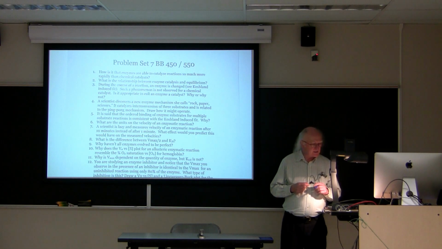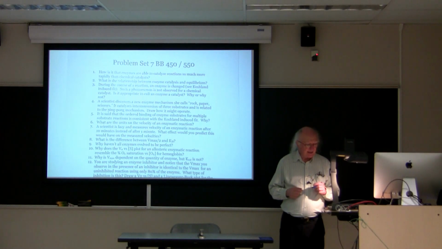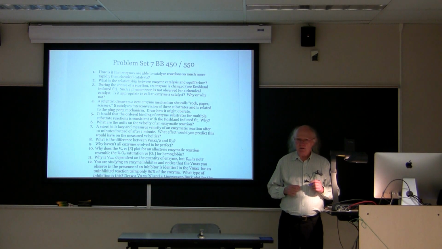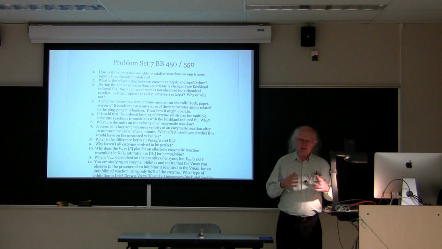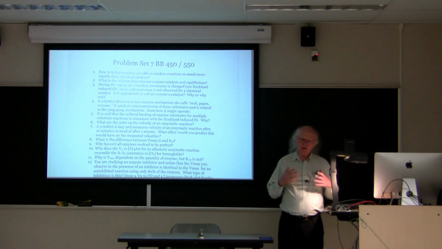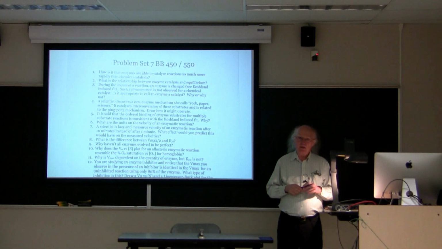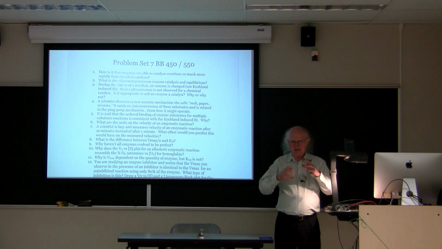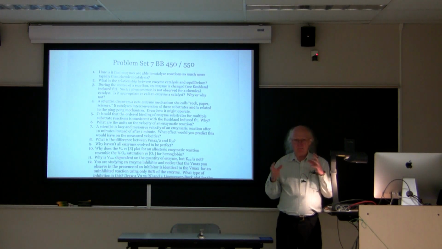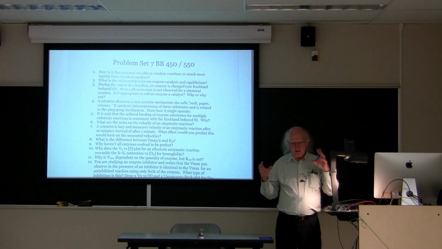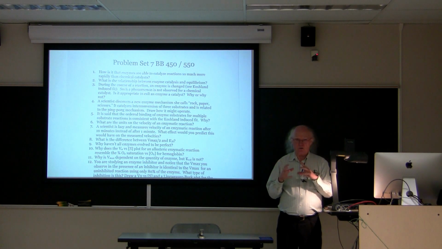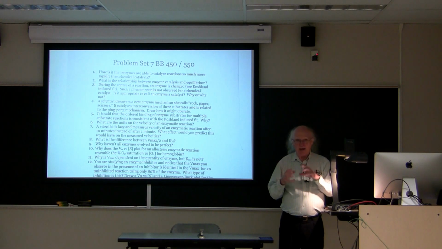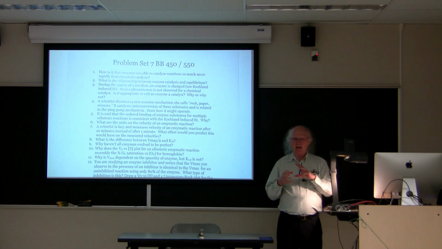In the first problem, it says, how is it that enzymes are able to catalyze reactions so much more rapidly than chemical catalysts? The answer to that question is actually a little complicated, but from the point of what we've learned about in the class, the enzymes have the ability to be flexible. They are able to twist, able to rotate, able to move, and that movement allows them to not only position things correctly, but allows them to bind molecules specifically and allows them to themselves be changed by the process of